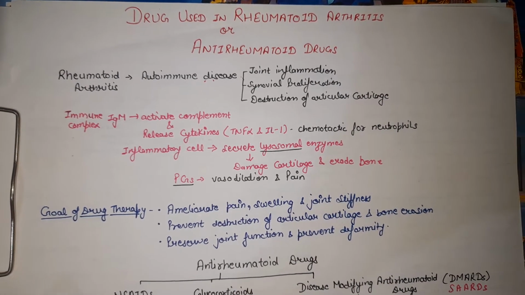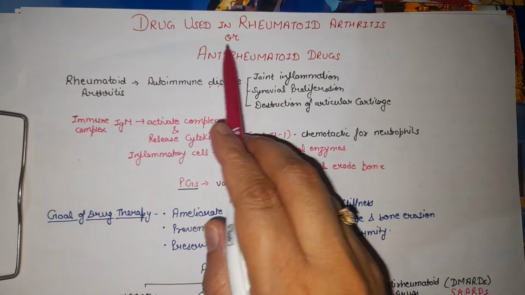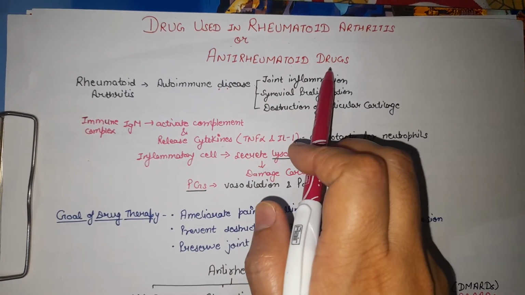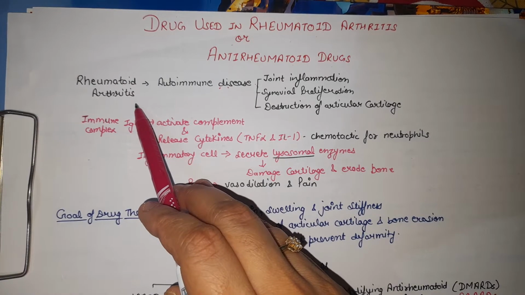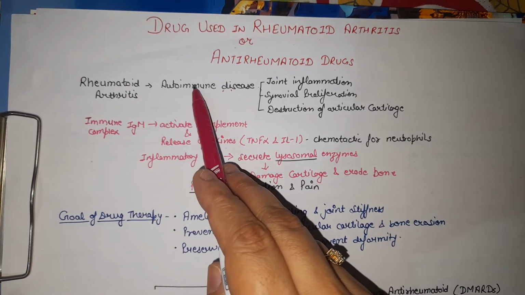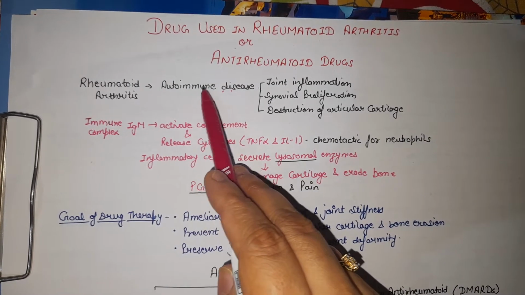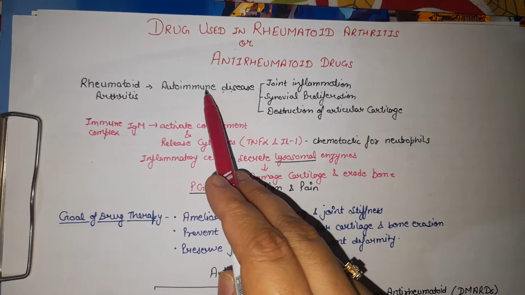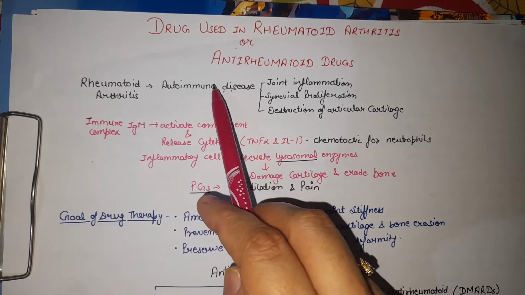Hello student, in this video we will talk about the drugs used in the treatment of rheumatoid arthritis, or anti-rheumatoid drugs. So first of all, what is rheumatoid arthritis? Rheumatoid arthritis is an autoimmune disease which is chronic, progressive and inflammatory in nature, which mainly affects the joints and